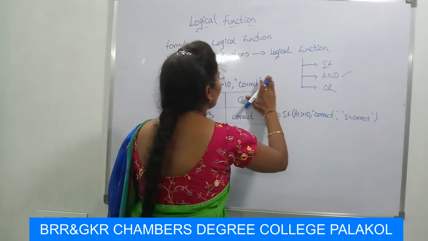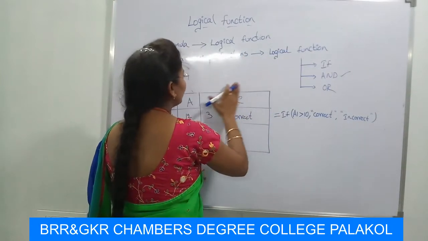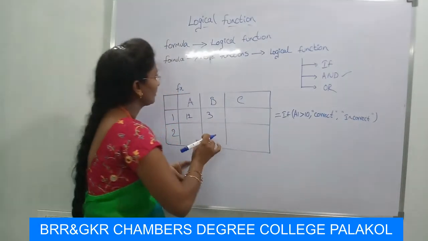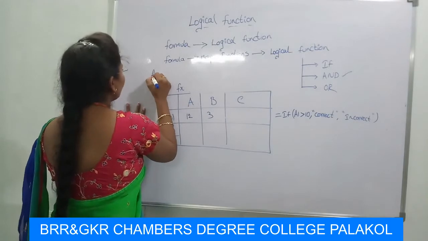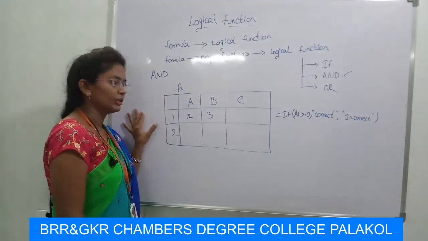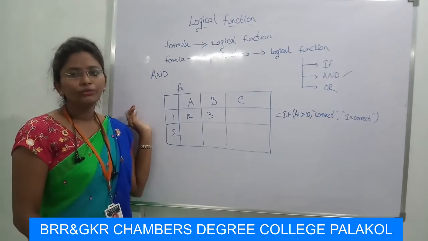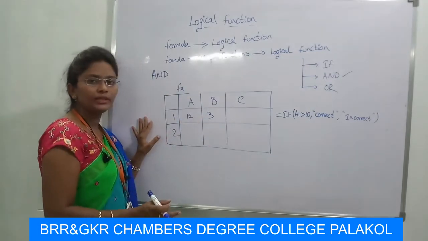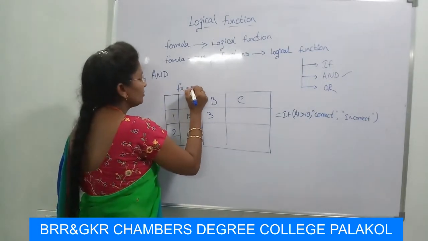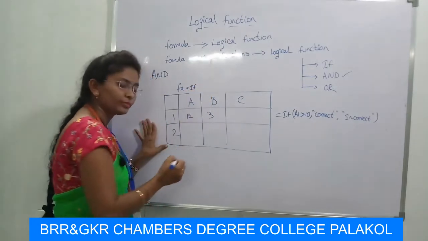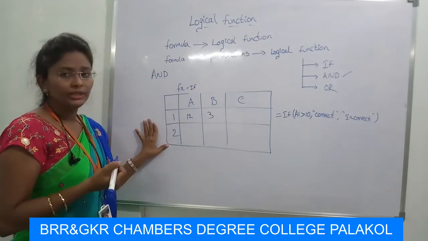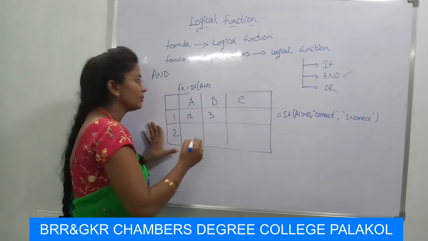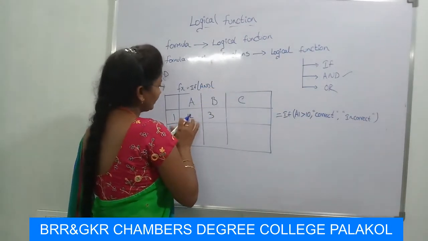Here I am erasing the data, and the next function is the AND function. For this I have to write the formula. How can I write the formula? The same data I am taking here, 12 and 3, and then the equal to symbol, IF, place the IF condition here and then write AND, and again bracket. Here I am taking the 12, that means the cell reference is A1,